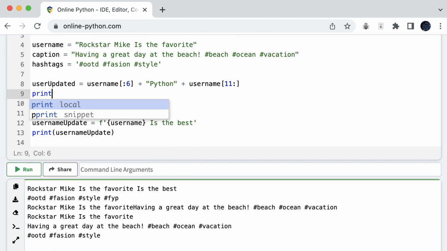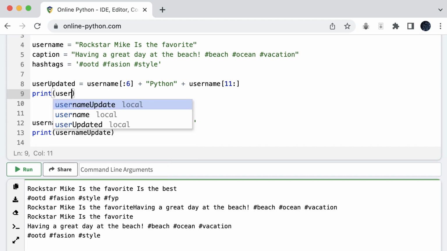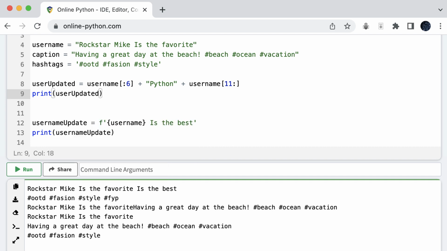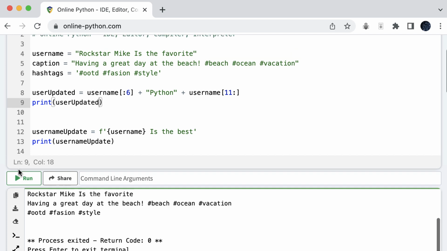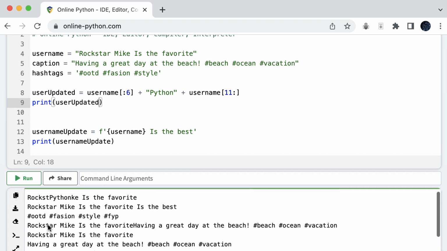Let's print user update and run this. And then you can see Rock st Python ke is the favorite. So you can see